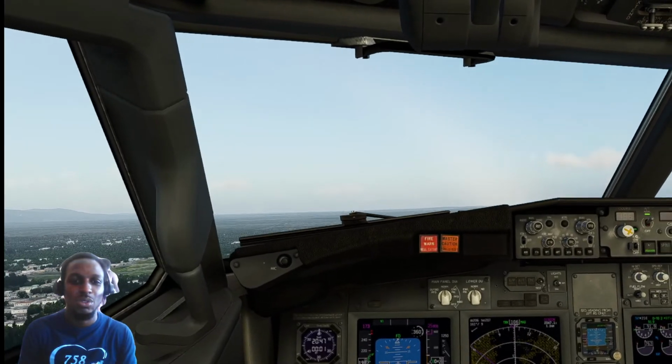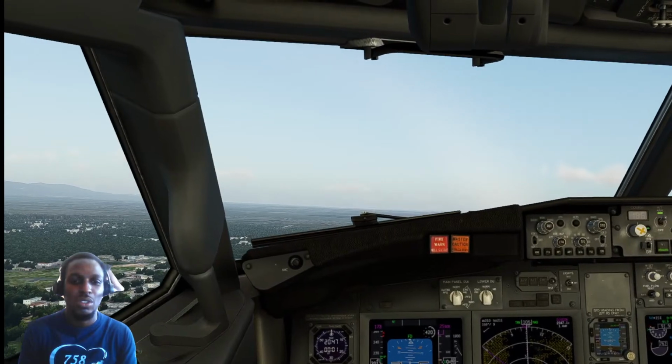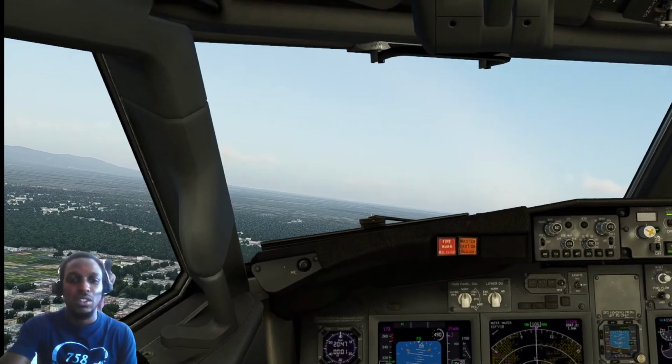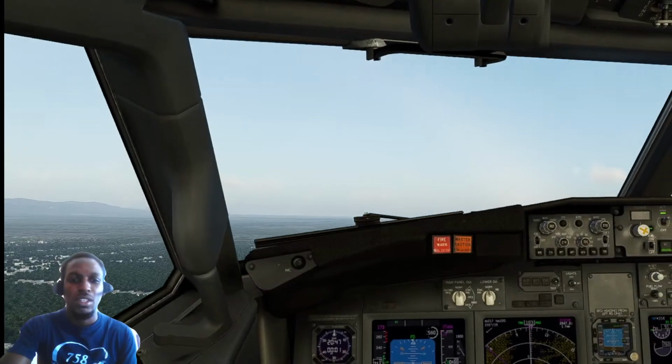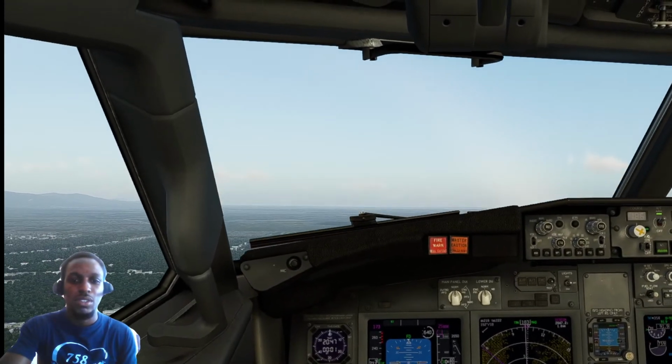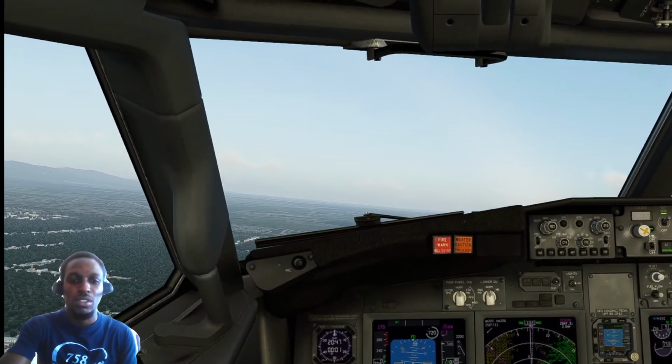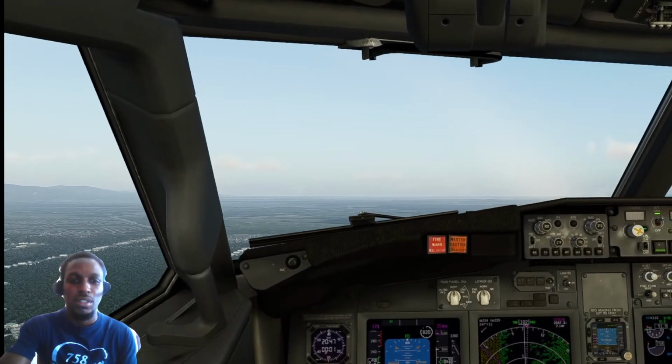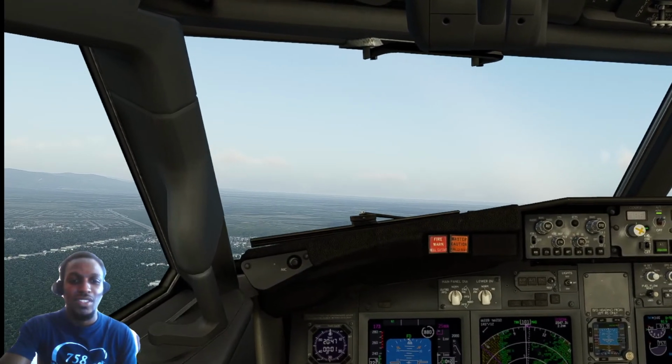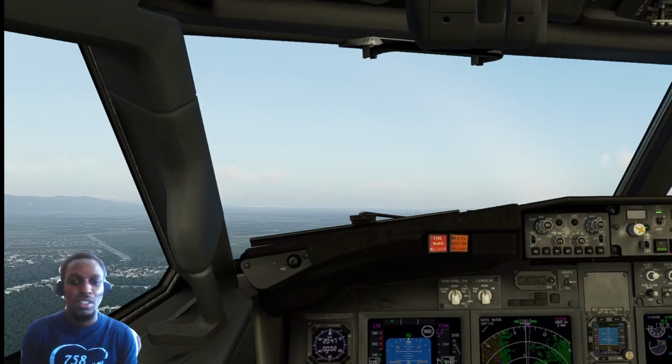Climb maintain final 250, proceed on course. 400. Roger, climbing and departure flight of 250 and proceeding on course at Caribbean 416. Okay, so and I climb out